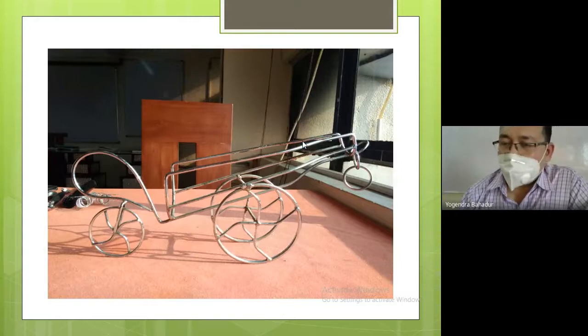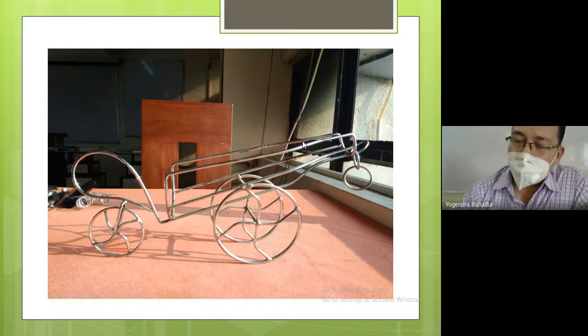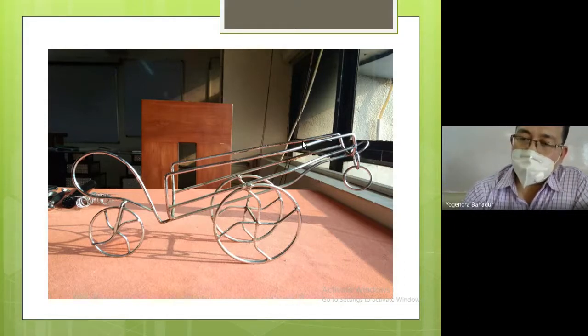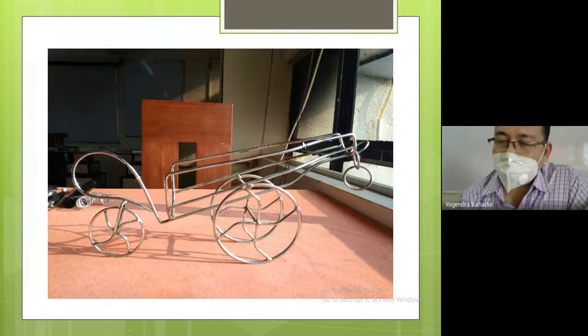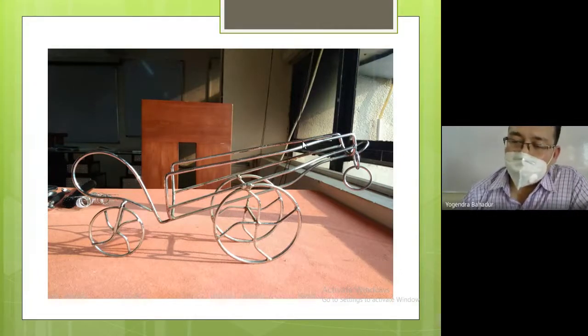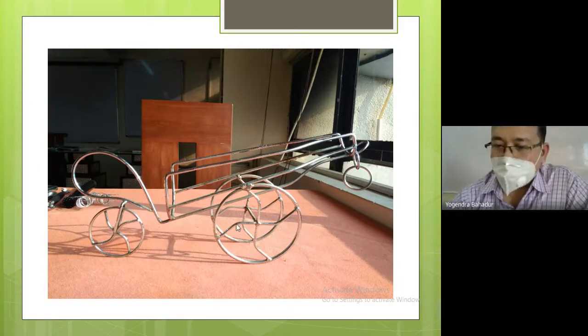This is basically the wine cradle. Generally, over-matured red wine is supposed to be carried to the guest table by holding it in this format, in this particular kind of stand. That's why it is called wine cradle, C-R-A-D-L-E. It is supposed to be used to carry the over-matured red wine.